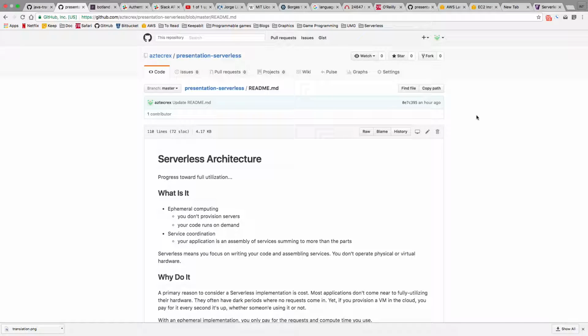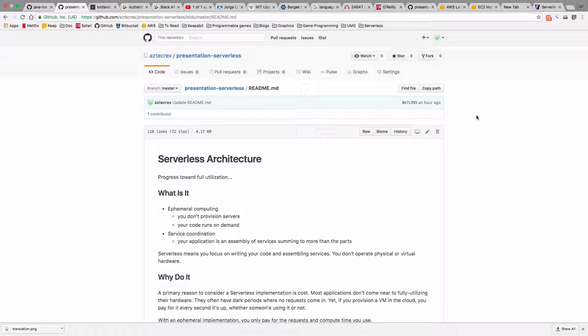So the two categories that I want to talk about tonight, and I'll talk about one more than the other because it's kind of the really hot topic, and that's ephemeral computing. The idea behind ephemeral computing is that you don't provision servers, you don't provision anything, you just put your code somewhere, and then every time you need to run your code, some event causes your code to run, and it does some work, and then it goes away again. So that's the idea of an ephemeral computing platform.